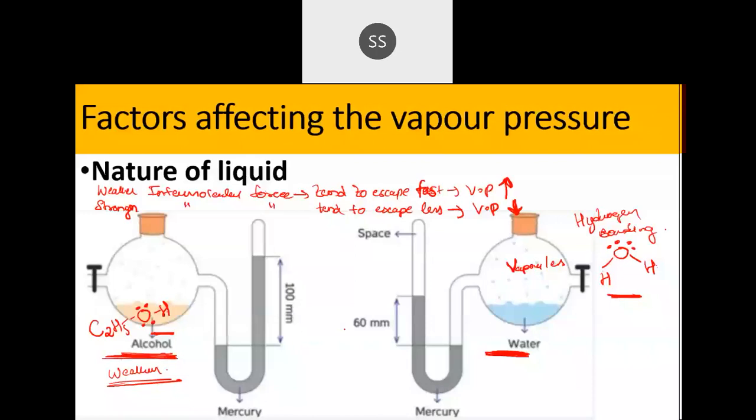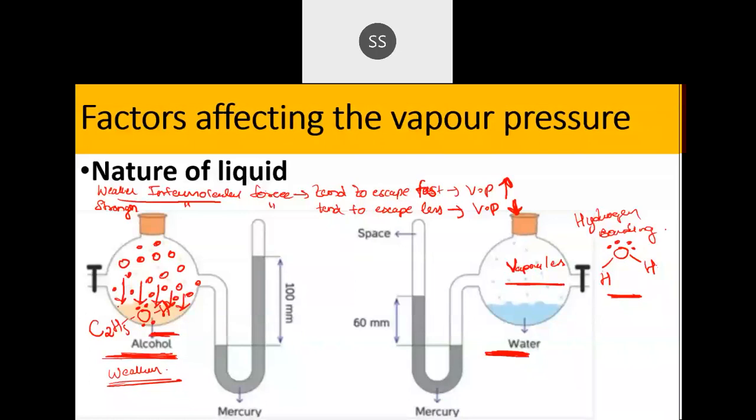Imagine room temperature, you are doing the calculation of vapor pressure of both the solvents. You will see water's vapor pressure will be less compared to the alcohol's, which will be higher because of weak force. If they have weak intermolecular force, they will escape out faster, so more vapor molecules will be present in the empty space in the case of alcohol. When the number is large, more pressure is exerted by them. So here alcohol exerts more vapor pressure.